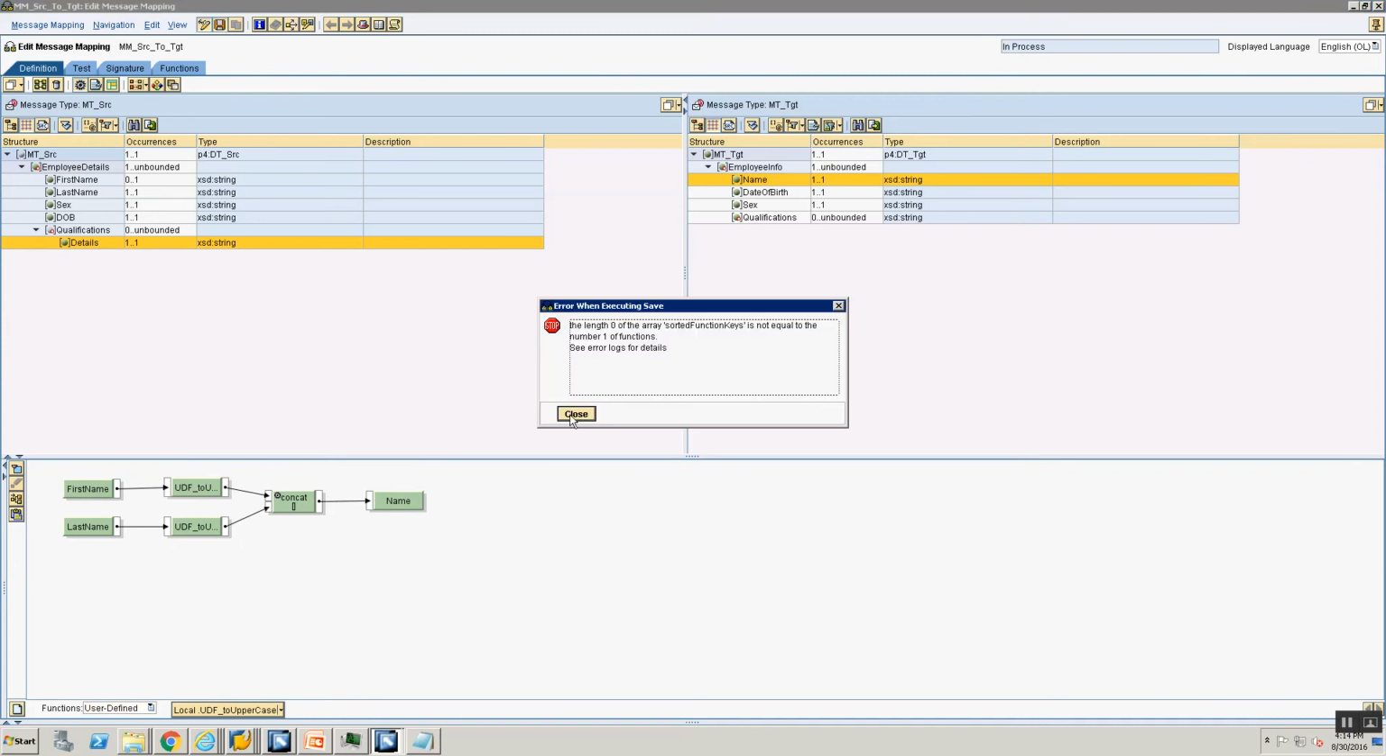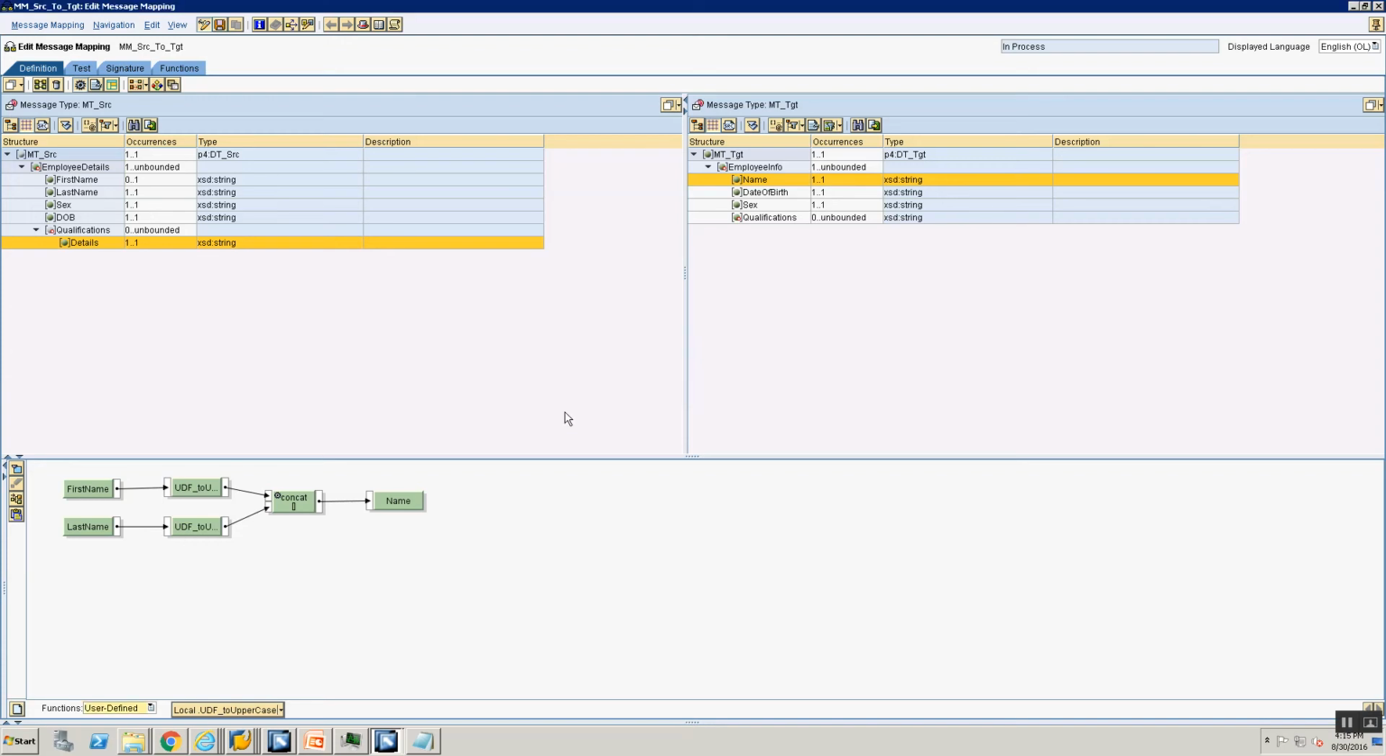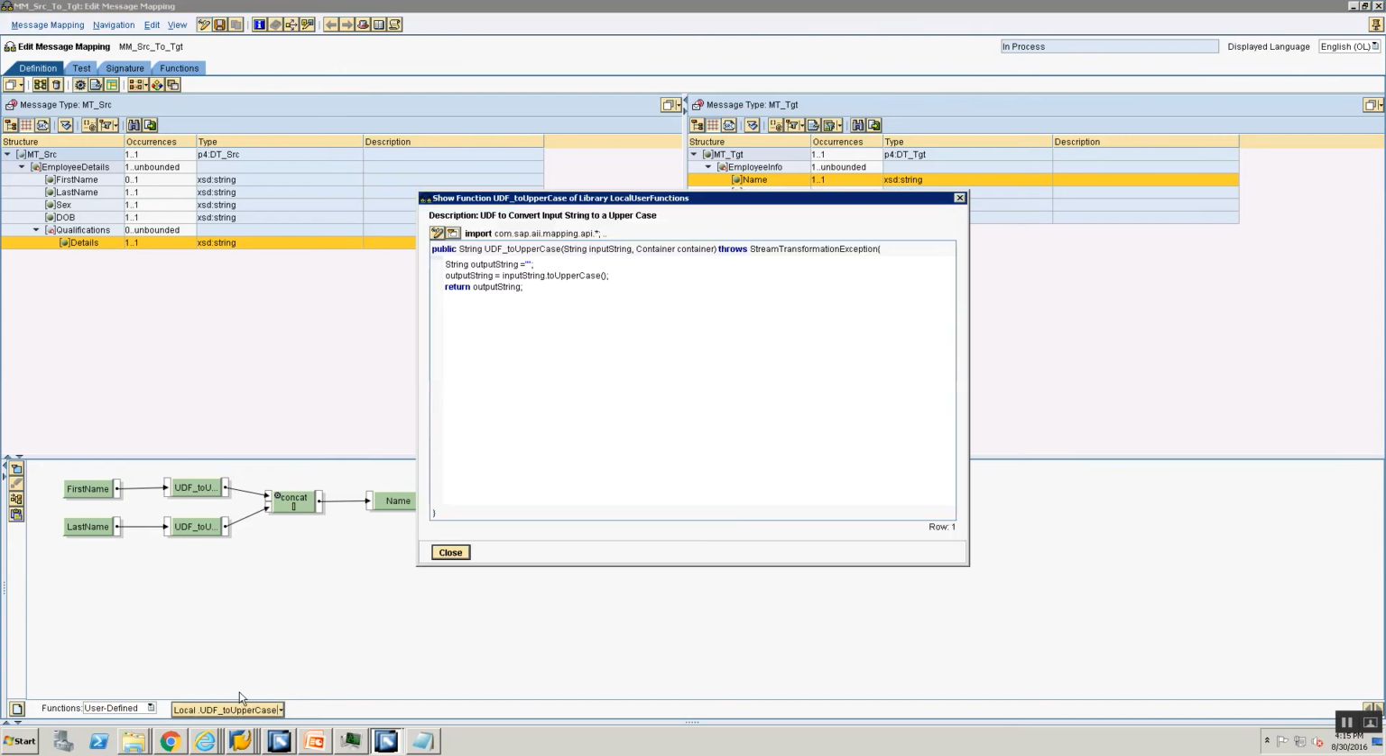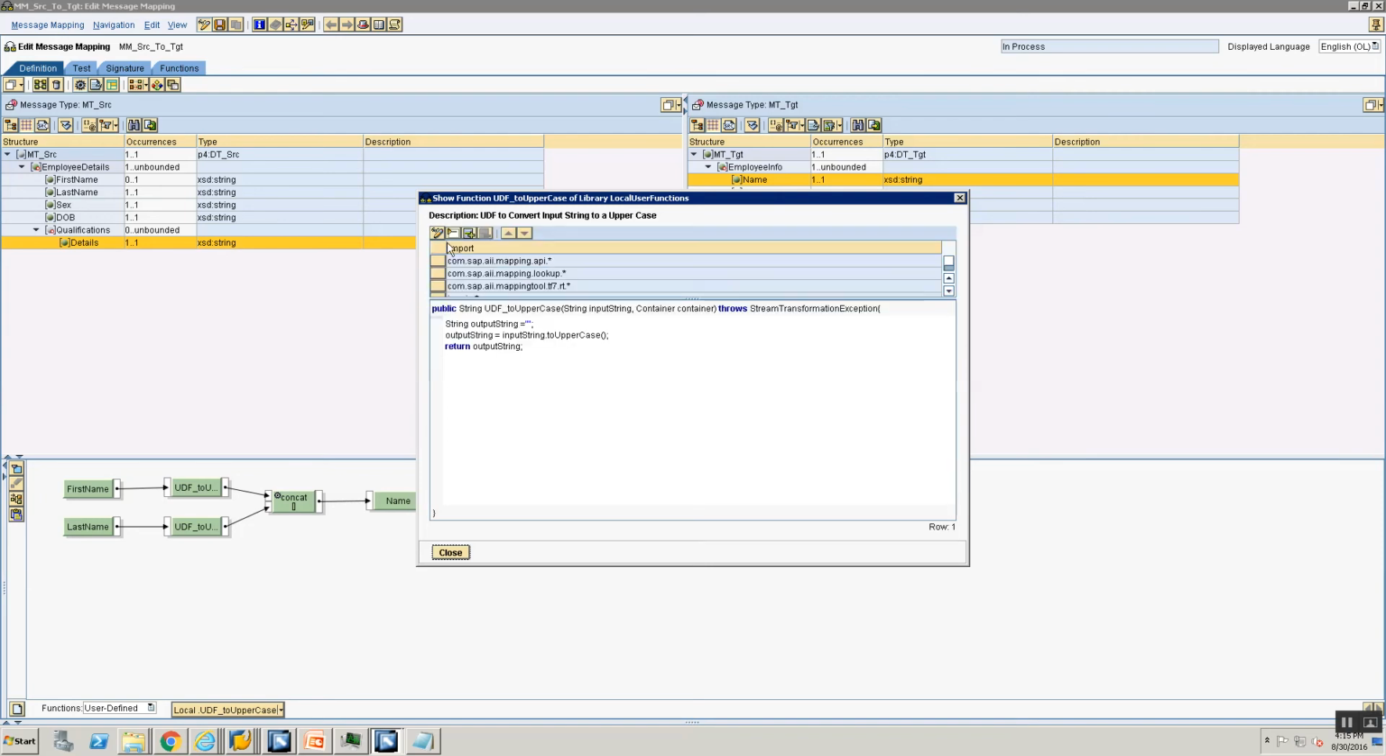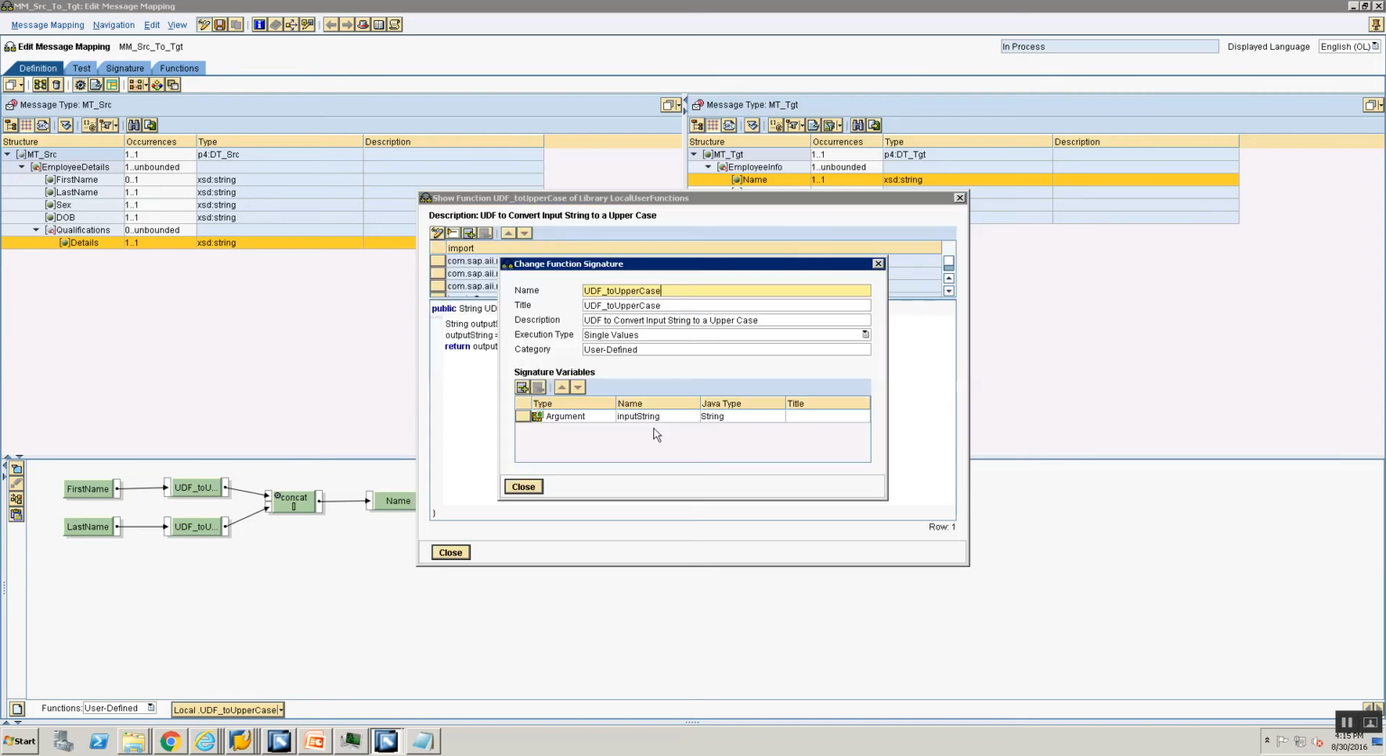What is this? The length of the array startup functions is not equal to the number of functions. See error log for details. So let's look at that. Something is wrong with our declaration, so let's have a look at it. Here as well we need to give a title. I think that's the reason. So let's go ahead and put a title here and say okay, close,